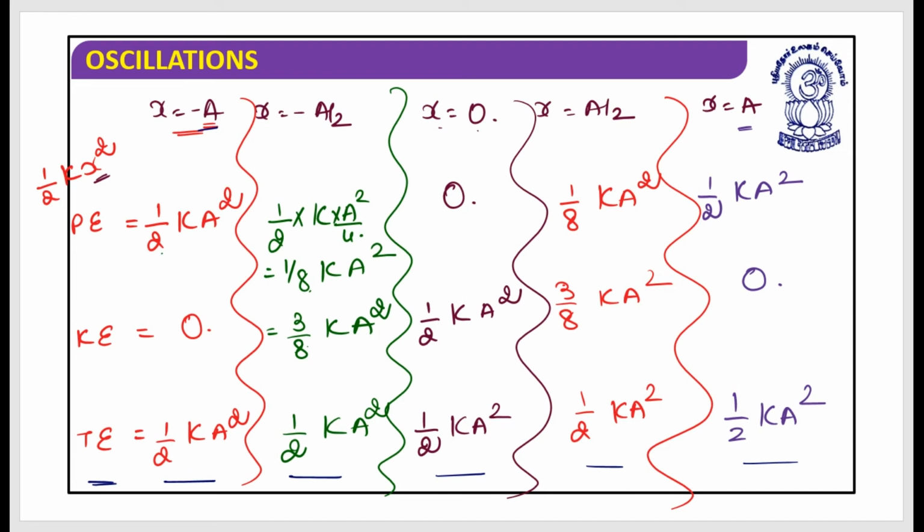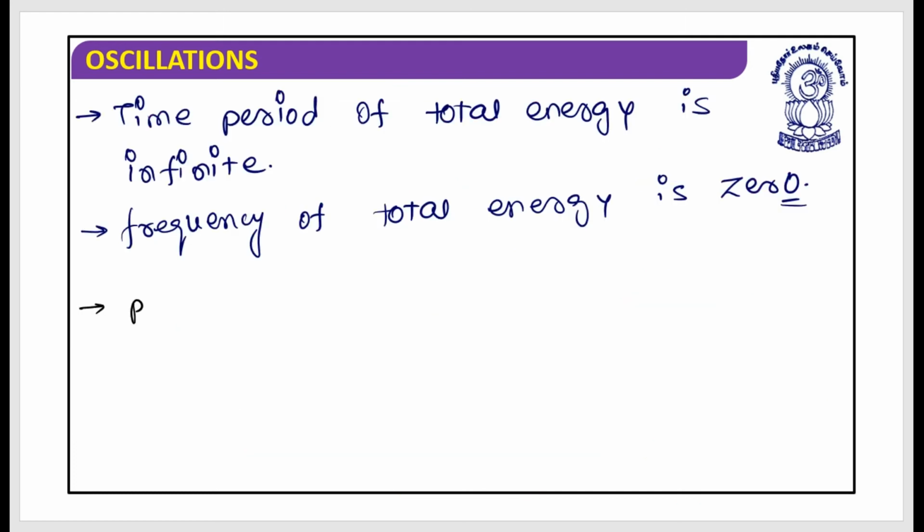So if I want to talk about the time period of the potential energy, then this is 0, this is half k a square, and from half k a square back to 0. So this is a time period of T by 2. It's half of the total, because when you say the total time period, it is 0 to max, max to 0, 0 to minus a, minus a to 0. As we have discussed, four quarters need to be completed. So when I talk about the energy's time period, it is just half of the initial.